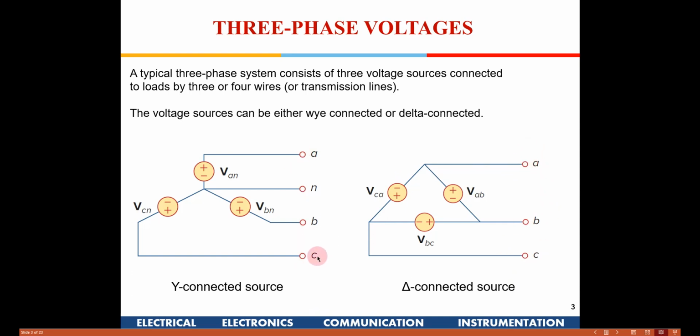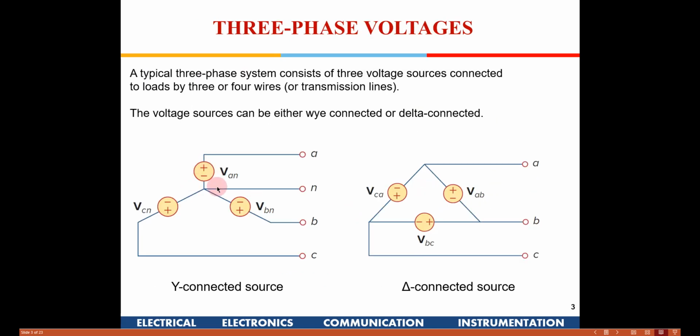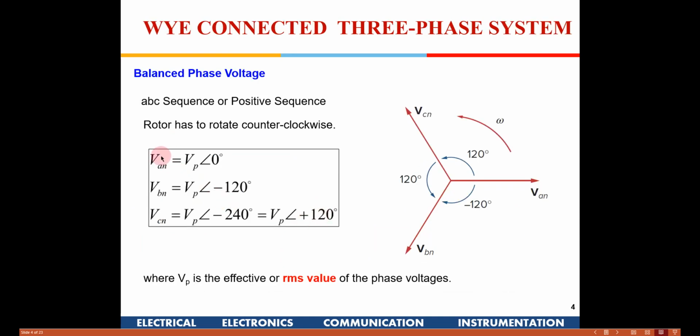We also saw that in a balanced system, the magnitude of the 3 phases will be equal, only they will be lagging or leading each other. There will be a phase difference of 120 degrees, right? The magnitude remains the same. So if you take the vector sum of all the 3, it is going to come to 0. Each of these voltages with respect to the neutral in a Y connection is known as the phase voltage. So VAN is one phase, VBN is the second phase, and VCN is the third phase. So you have 3 phases.